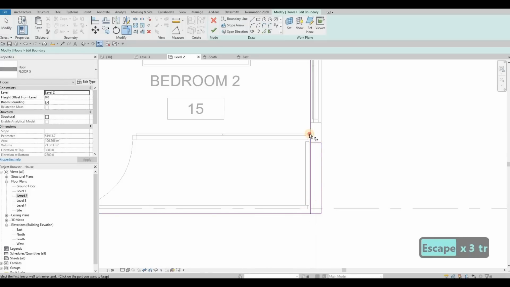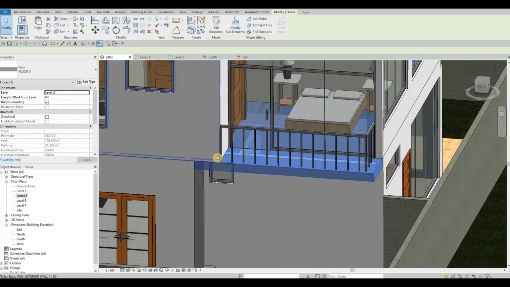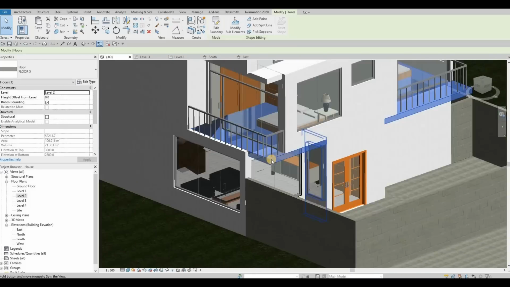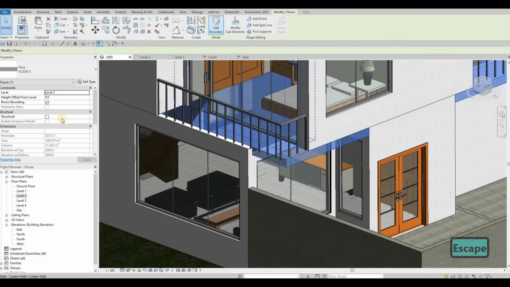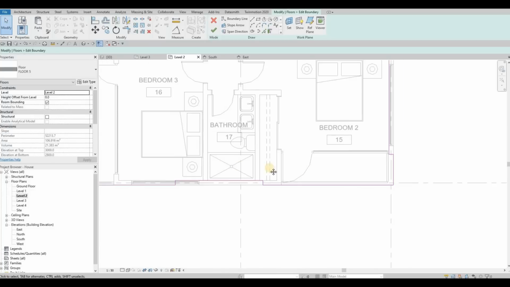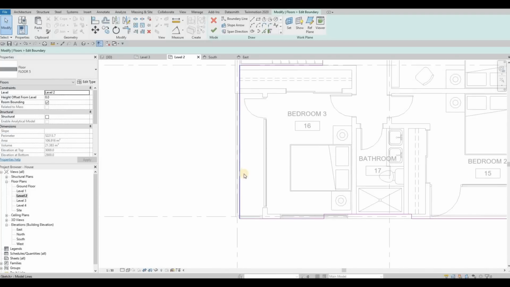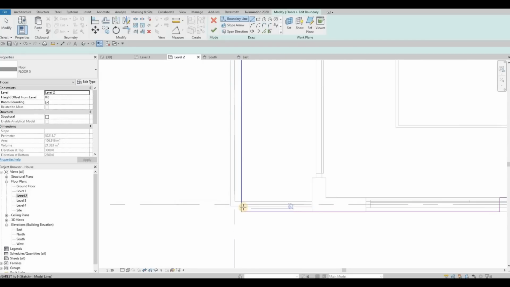Trim and extend, and then trim here. So that's good right there. We need to check other gaps, which we have a gap here. So we need to edit boundary again. Go to second floor to see everything. And then we need to move this one. So move it like that and create that